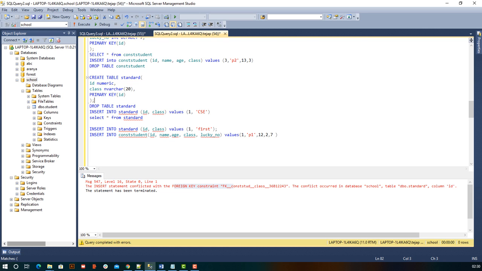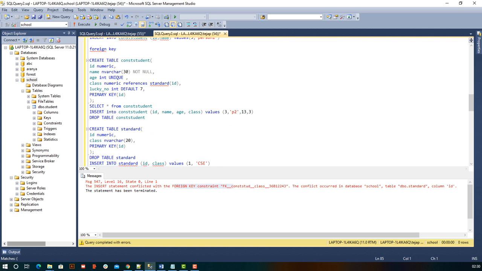Why? Because there is no record in standard whose id is 3. So I cannot put 3 under class, which I am doing as of now. I am assigning value 3 to the class which is not present in the id column of standard.